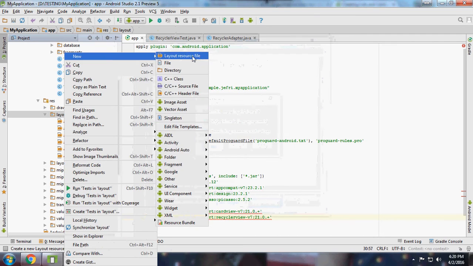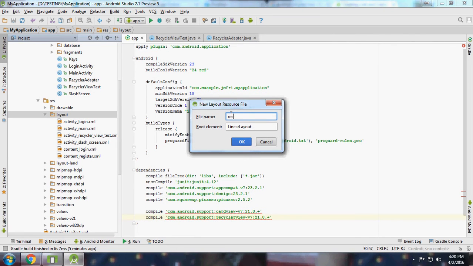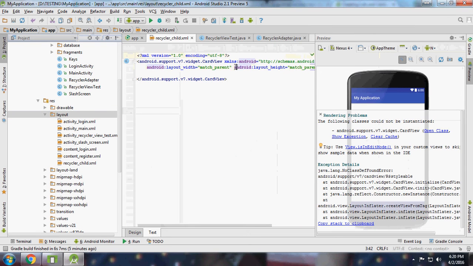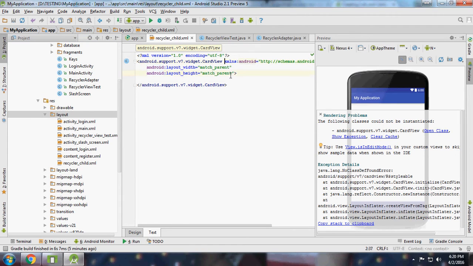I'm going to create a child and CardView. Yes, a CardView open class is